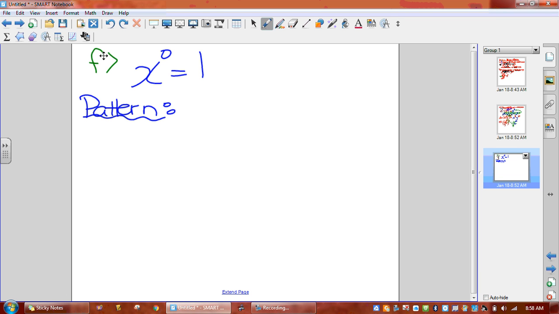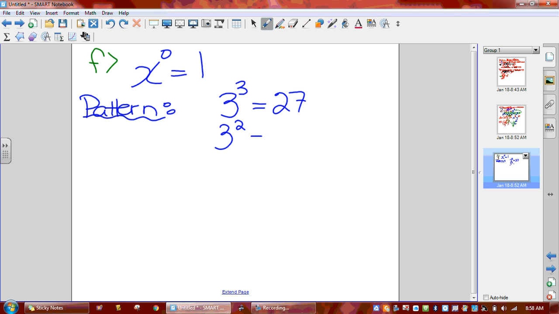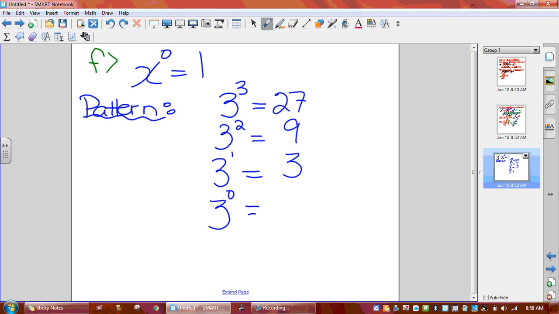If I've got the number 3, and I say 3 cubed, 3 cubed is equal to 27. 3 squared is equal to 9. 3 exponent 1 is equal to 3. 3 exponent 0, now let's see what's going to be the answer. It should be a 1, but why would it be a 1? The whole point is this. If we divide by the base number,